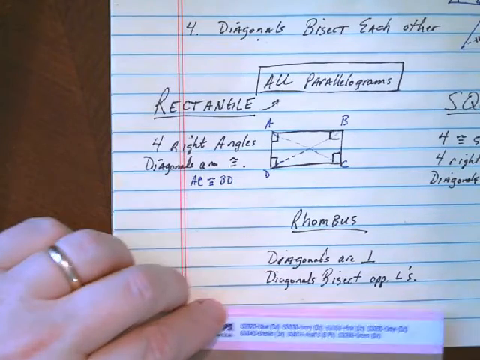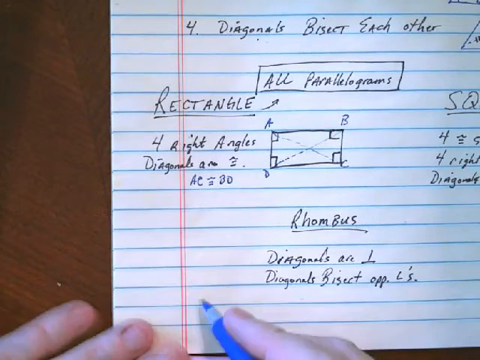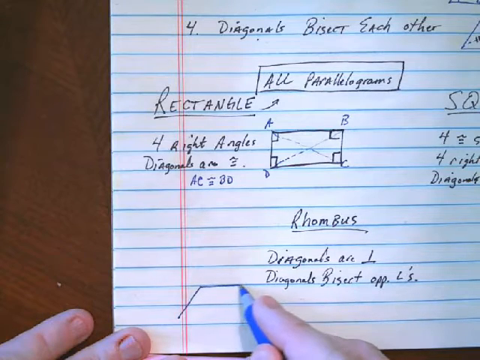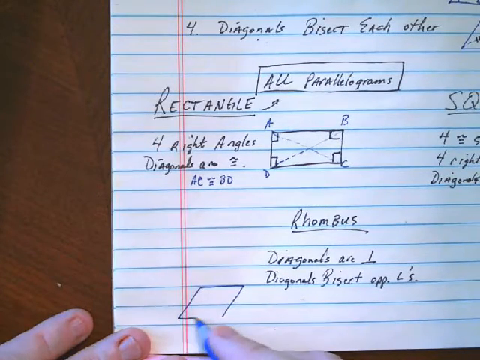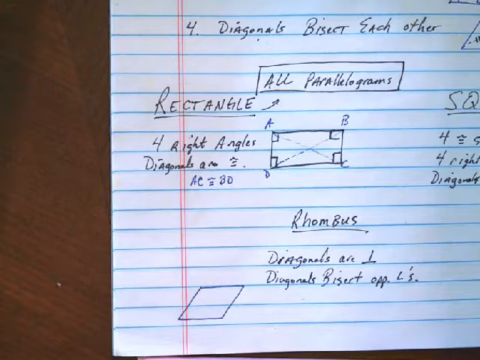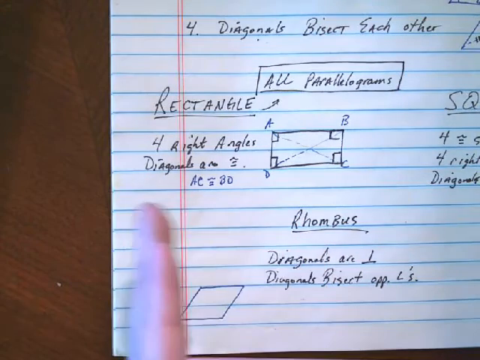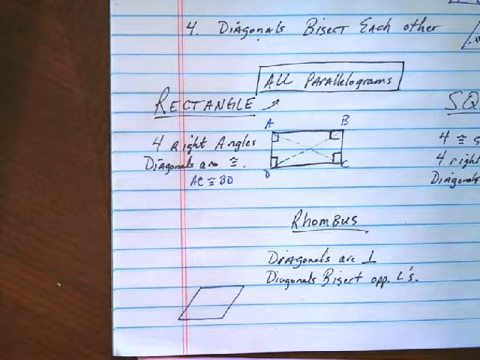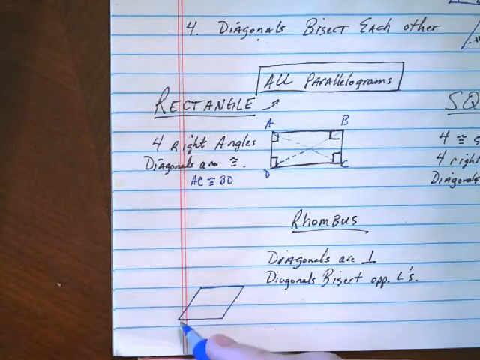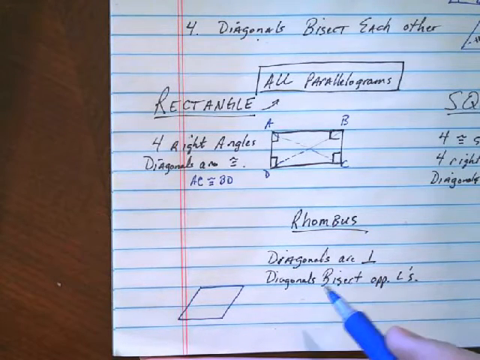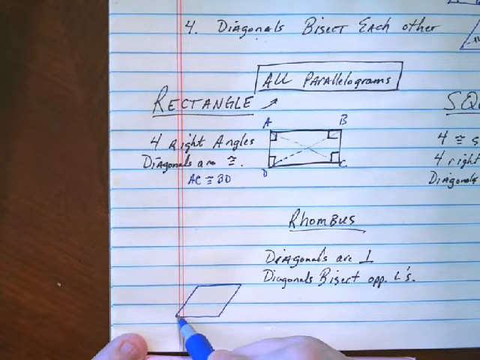What about a rhombus? Well, a rhombus kind of just looks like a tilted over square. Square is, of course, the most unique type of picture. A rhombus is like it was a straight up square and it just tilted over, like a tilted over barn that hasn't fallen over correctly yet. So are the angles 90 degrees? No. Are opposite angles congruent? Yes, because it's a parallelogram. Are the diagonals congruent? No. What is true about the diagonals? Okay, well, in a rhombus,